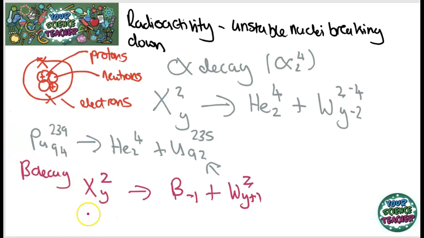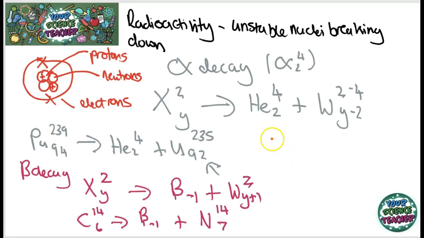Let's have a look at an example. Carbon-14 is a radioactive nucleus which is used in carbon dating, in fact, and it will undergo beta decay. The first thing that's going to be emitted, of course, is my beta particle, that high energy electron. Let's look at what happens now. The bottom number is going to go up by 1 because I'm making a proton. So it's going to change element. Now it is nitrogen and the atomic mass stays the same.